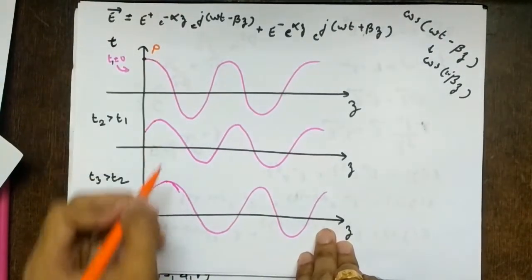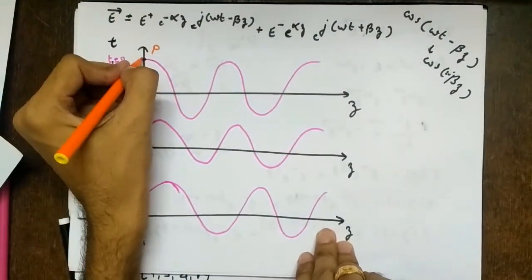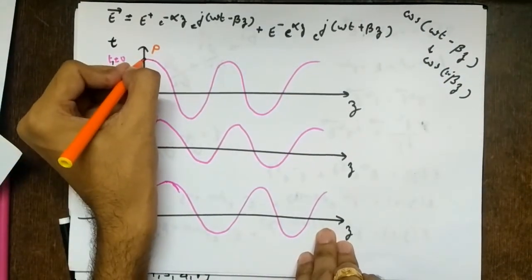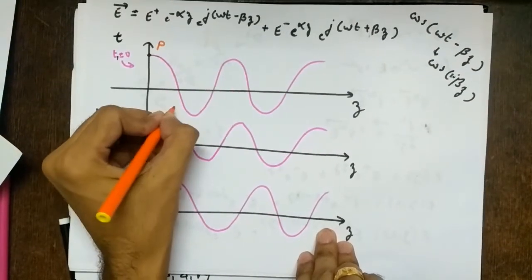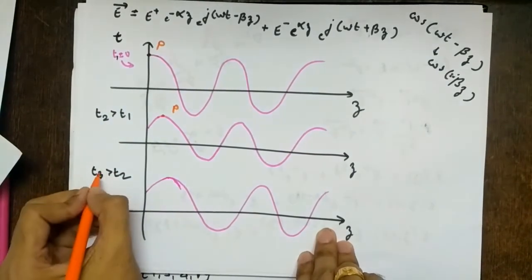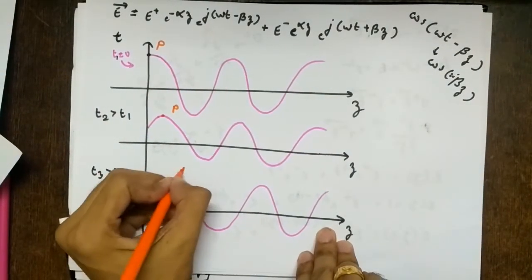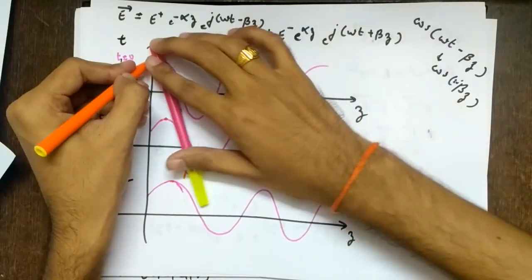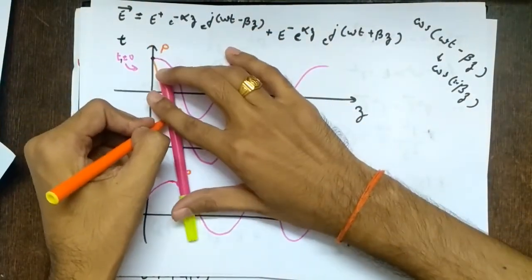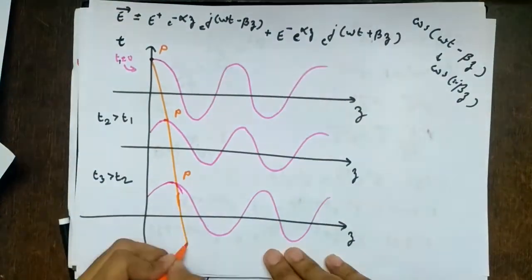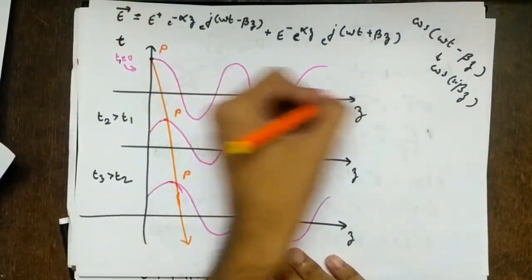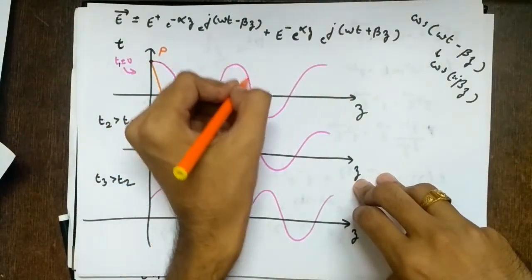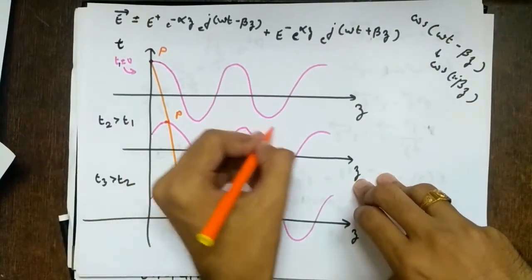So this is one entity only, right? This is point P at t equal to 0. What is happening at the next point? This is the peak point, and this peak point has shifted towards the right. What is happening at further time? This has shifted towards the right again. If I draw this, it is a straight line which is going forward along z. It is passing along the positive direction. So this is not a signal now. It is a wave.